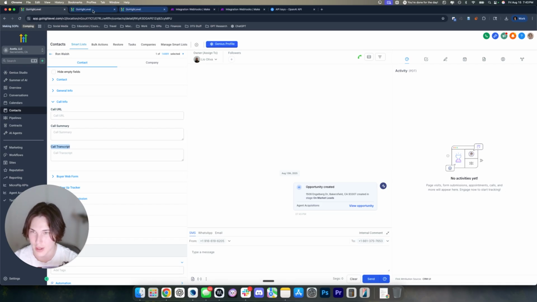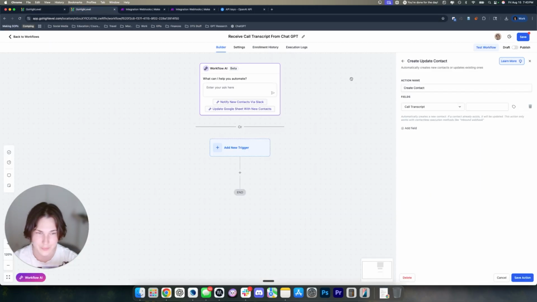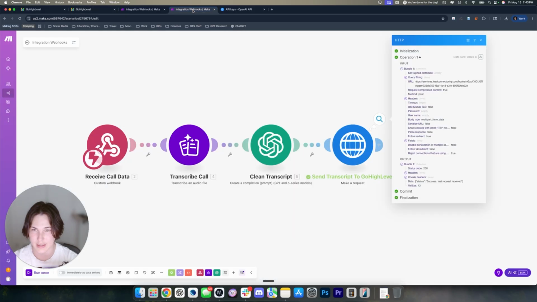All right. Whatever you named it, whether you named it transcript or transcription, just type it in the workflow here or in the action. And then we're going to provide a field. So this data that we just got sent back from make, when we're editing this,